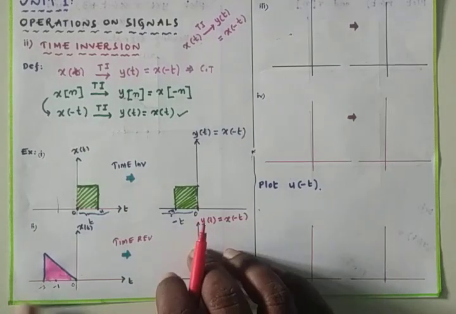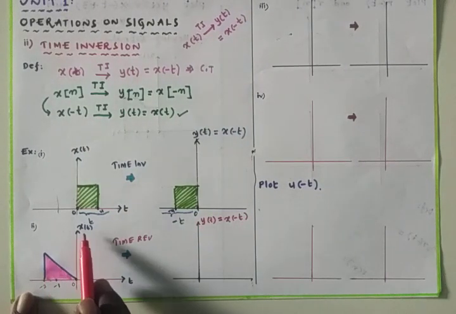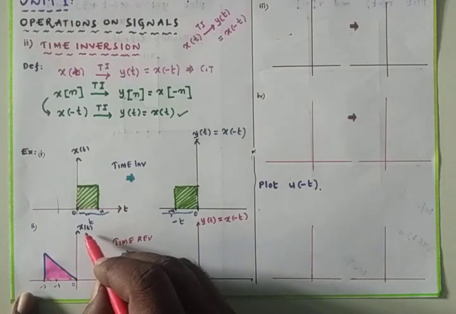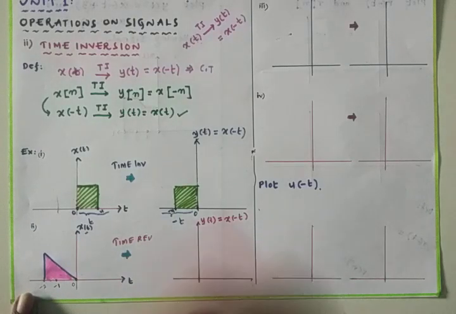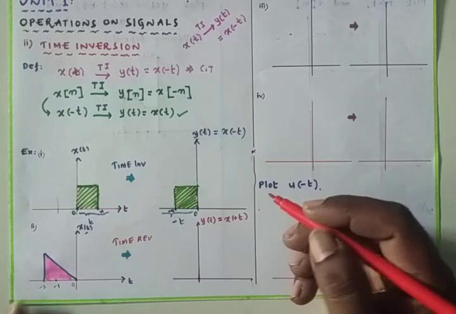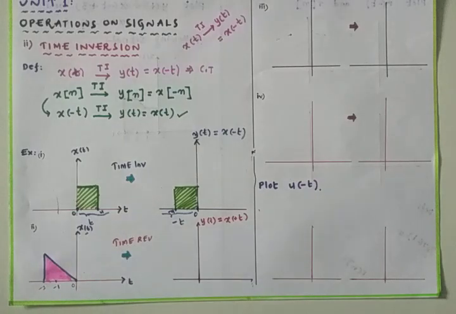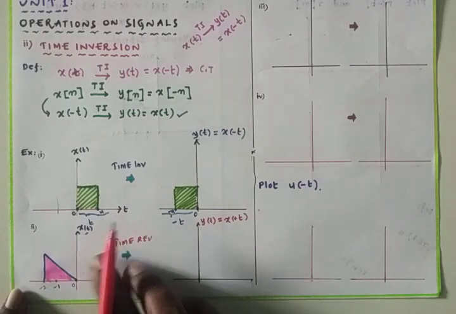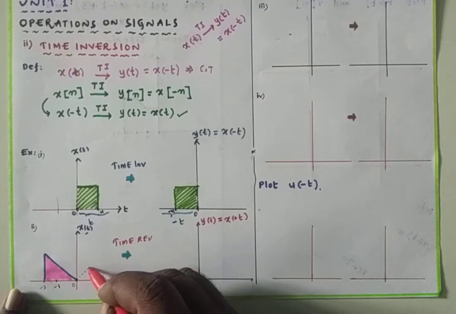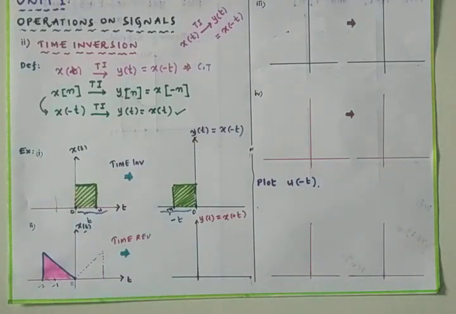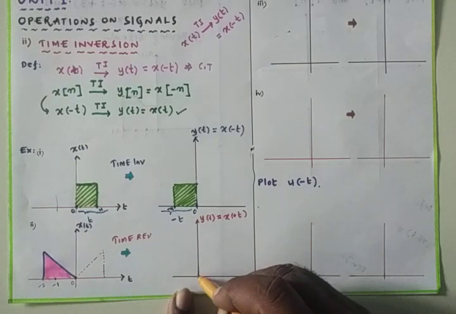And so here we have x of t, and here the t is negative. That means t has to be, here you can call it x of minus t actually. So that it will be replaced with the positive side, so that the signal is completely folded into this part. If we fold this signal to the right side, you can get the signal like this. This is nothing but the folding operation or inversion operation done on the signal, and due to that we got the signal like this.